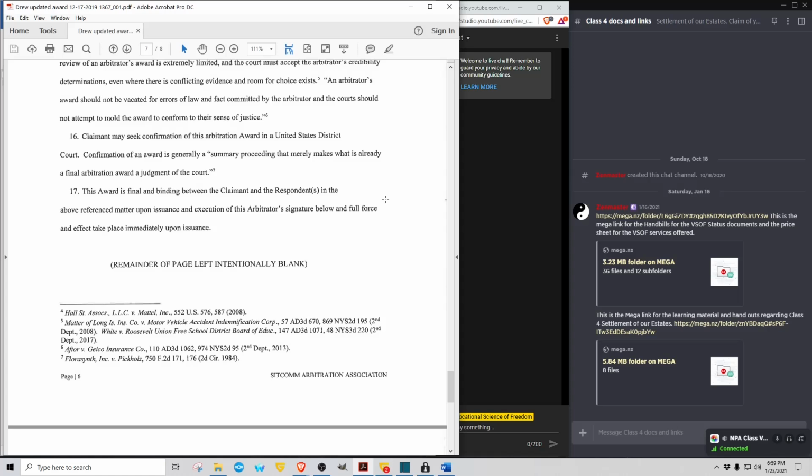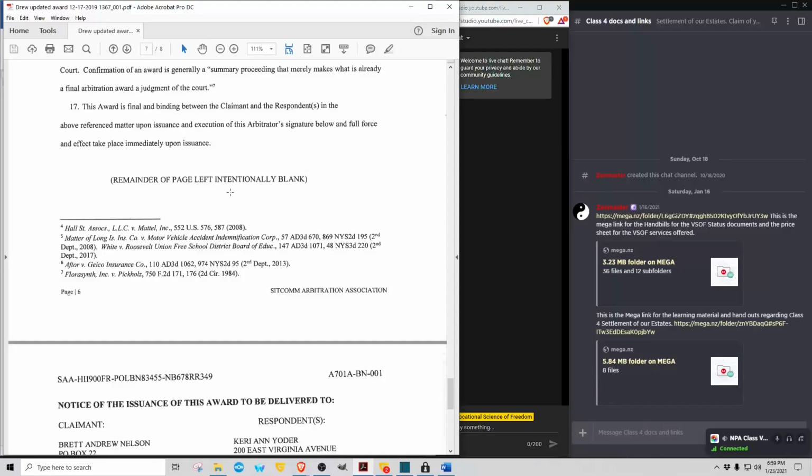Now, we've been running into certain problems regarding confirmation, but I'll get into that on another day because we're getting close to the end of the thing, and I'll finish out the document here, and then maybe next week we'll get into the situations that we've had dealing back and forth with federal courts regarding how some of them are acting almost schizophrenic because they see what we're doing and they're scared.